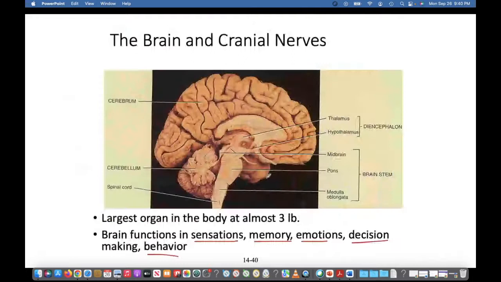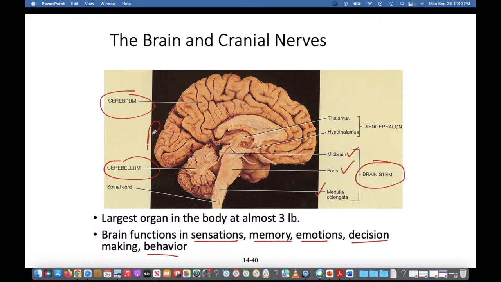Let's see if we can show it in this picture here. Here's the brain stem made up of the medulla, the pons, and the midbrain. Okay, medulla, pons, midbrain. Here's the cerebrum. Here's the cerebellum. So now that we see the cerebellum is back here, we know that this is posterior and this is anterior. So you know that this is the frontal lobe, this is the parietal lobe, this is the occipital lobe, and